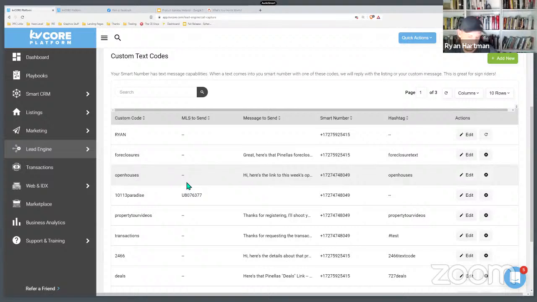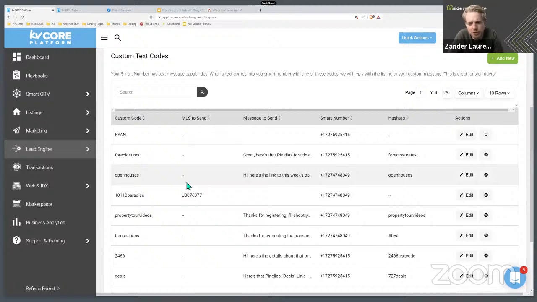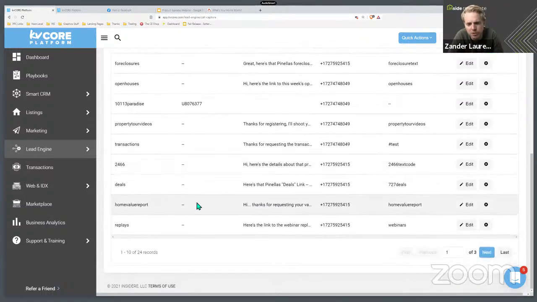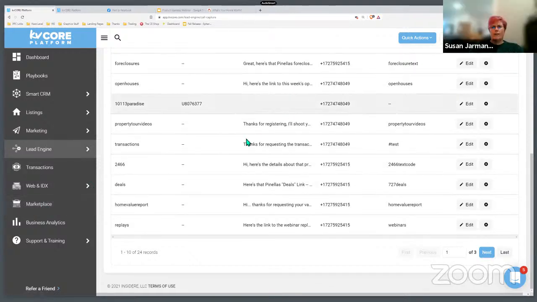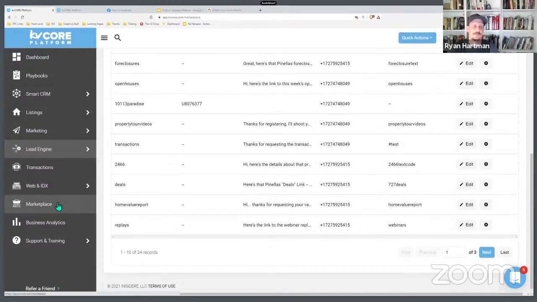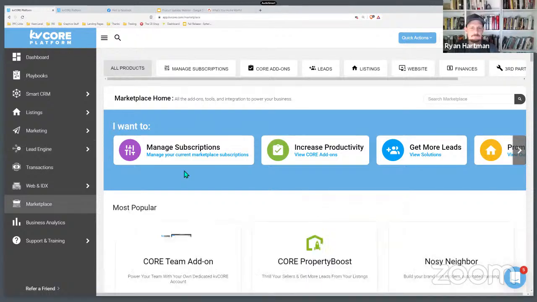And to your question, Craig, you wouldn't be able to put your own cell phone number in there because then we would have no way of tracking it. It does require a smart number, which is why we suggest having a personal smart number if you're going to use it heavily. Yeah. The smart number add-on is $27 a month. I think the pricing might be different depending on your brokerage. Yeah, I think there might be a couple of. Okay. But in the marketplace, you can go look at the tile if you just type smart number